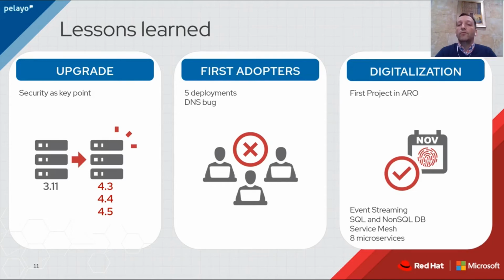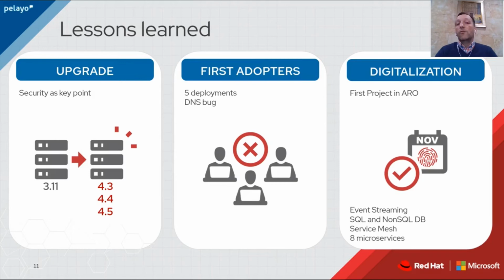Unfortunately, we had 2 stoppers. If only 2, is not too much. The first one was the platform upgrade. We started a project knowing that we wanted to migrate. As I told you before, one of our pillars was security, and the service mesh was ready in Aero version 4. And we started our project in summer of